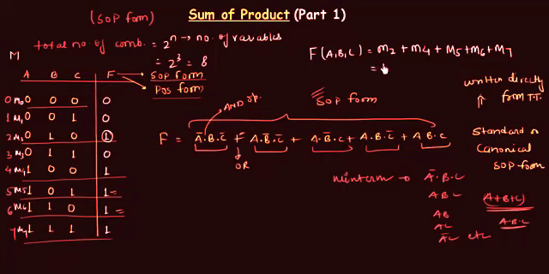You can also write it as summation small m 2, 4, 5, 6, 7. There is no need to write it out like this. You can easily use a summation that shows you are taking the sum of these min terms. Actually, it is the OR operator, but it looks like a sum. That's why we are taking this summation mark. Don't confuse yourself with the actual sum. It is the OR operation, but we are using the plus sign, so it looks like a sum.